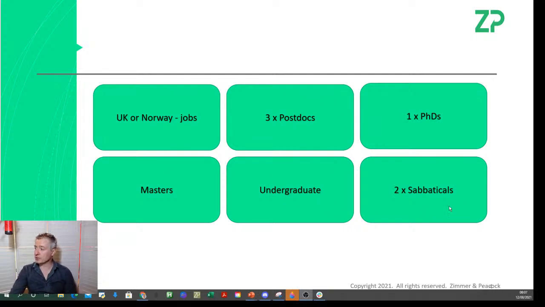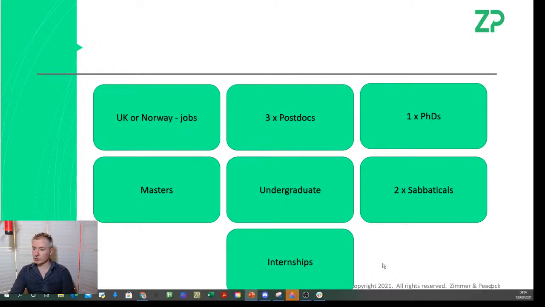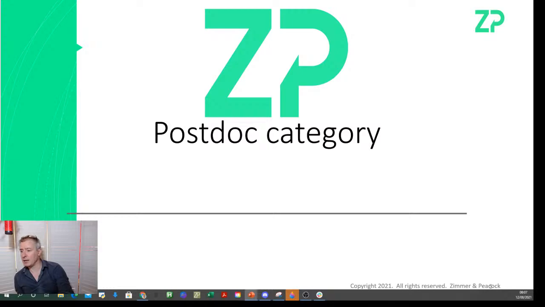But if you're more senior, then I think the sabbatical is might also be one of the ways in, and also internships. The difference, I think, is that if you're senior, maybe you call it a sabbatical, and if you're younger, maybe you call it an internship. But internships are also a good way in with us as well. Now if I just talk about the postdoc ways in with us,